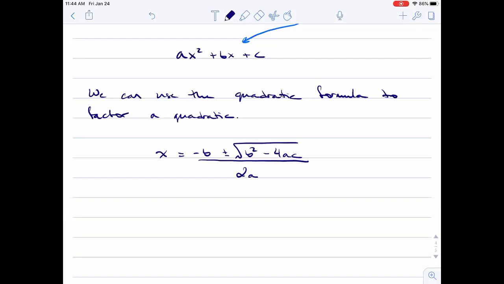I want to boil it down to a quadratic equation so that I can use the quadratic formula, because it gives me clear answers for what I can factor this thing into. And so what we want to do, if we're solving